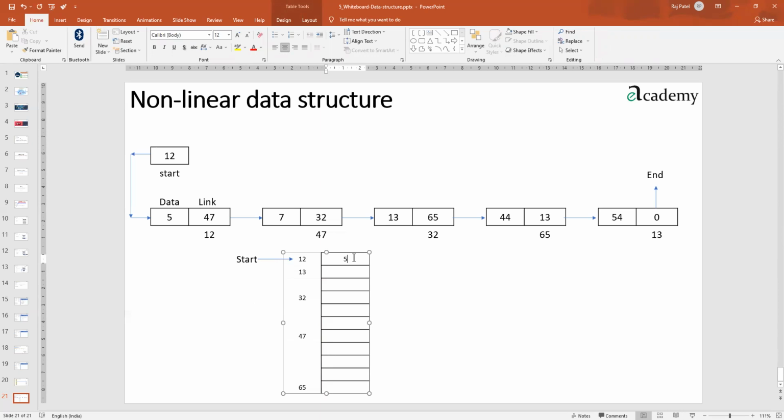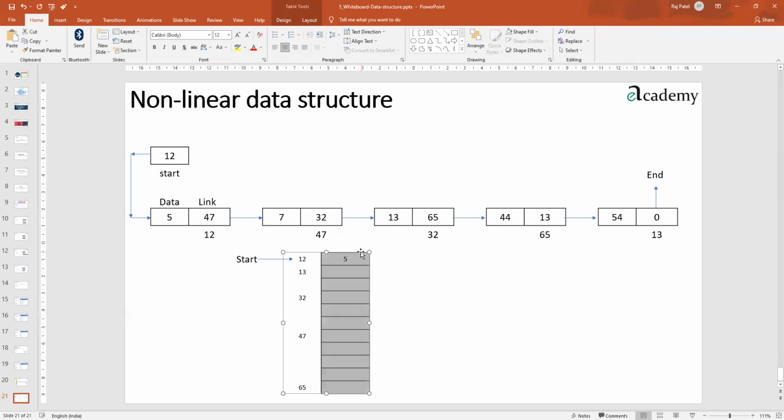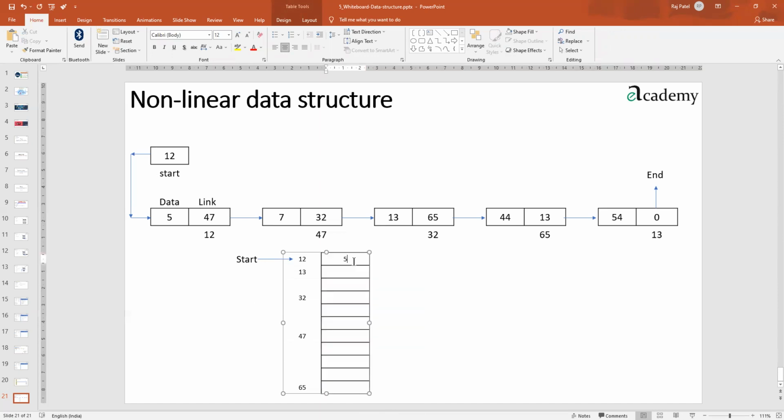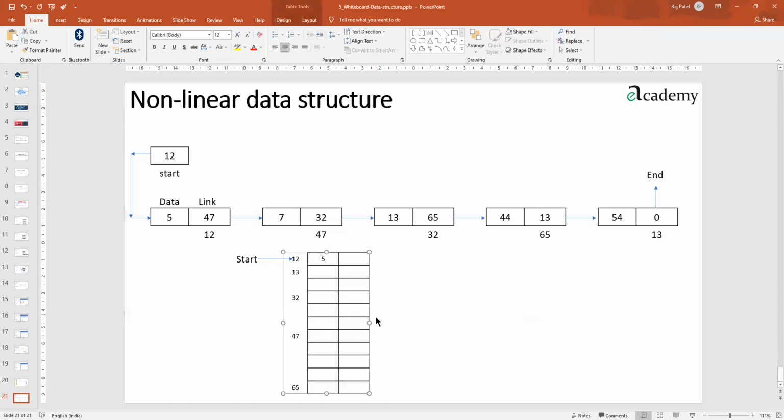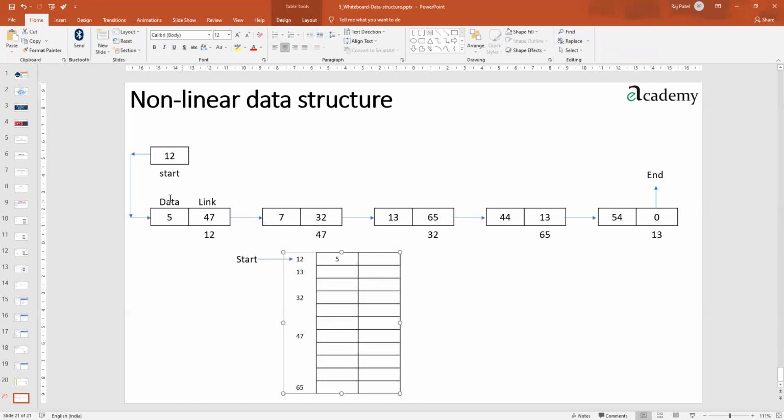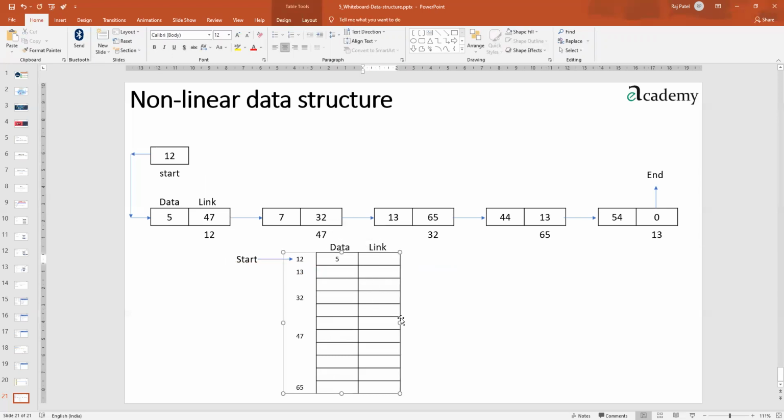And apart from this particular box, there is also one more column on its right-hand side which stores the linkages. So if I want to name the parts of this kind of data structure, this is the data column and this is the link column. In this link it says next data is at 47.